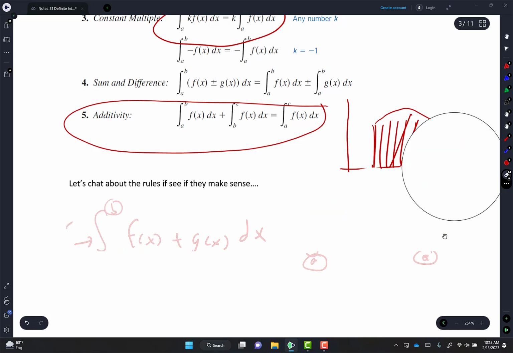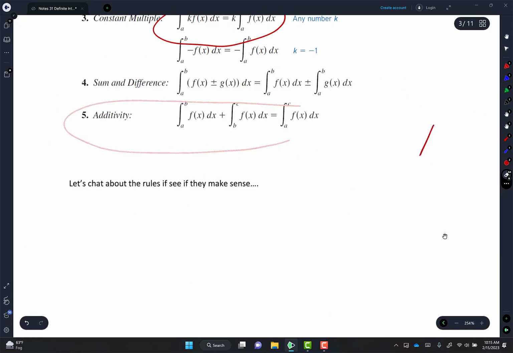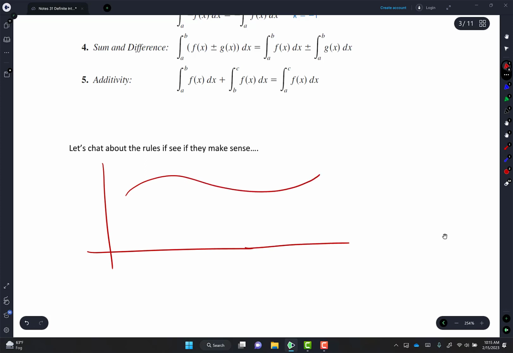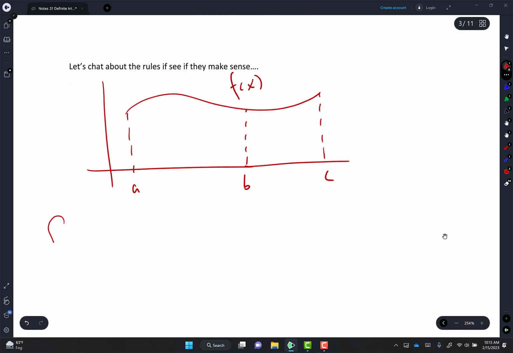So look. Okay, I have a curve, and I know you can't fit all of it, but that's fine. I'm going to call the start A, the middle B, and the end C. And this curve is f of x. So if I do area under the curve from A to B of f of x dx plus area under the curve from B to C of that same curve, f of x dx,